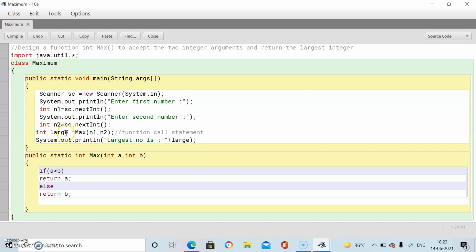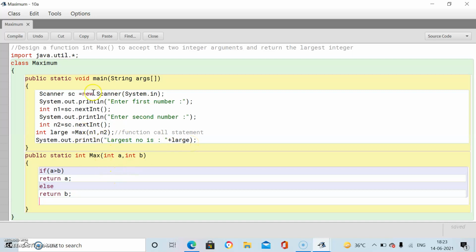Int. So you will be receiving an integer, so you have declared a variable int large to store that value. Now you have the result. You have the largest number among A and B, or N1 or N2. You need to print the largest number with the help of the System.out.println statement. Largest number is large.